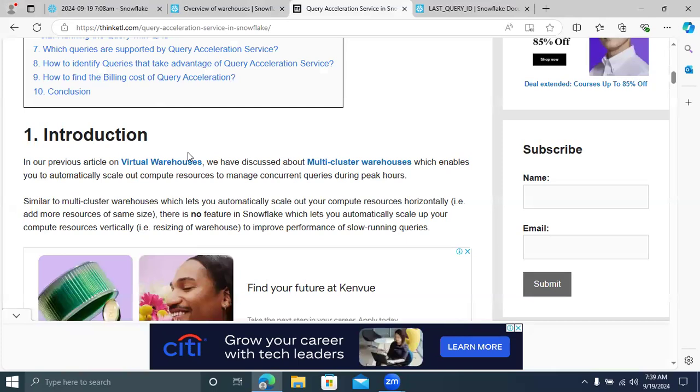Multi-cluster warehouses enable you to scale out the compute resources. If you are running multiple queries, as per the load it will scale your resources. Compute engine, RAM, and CPU will all be scaled up.